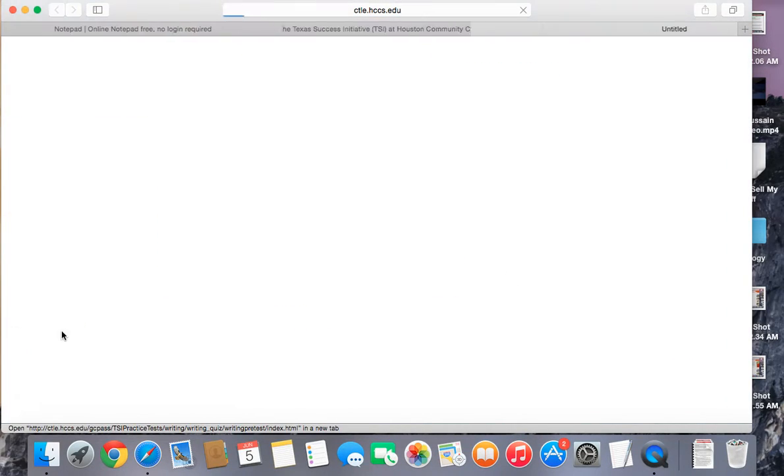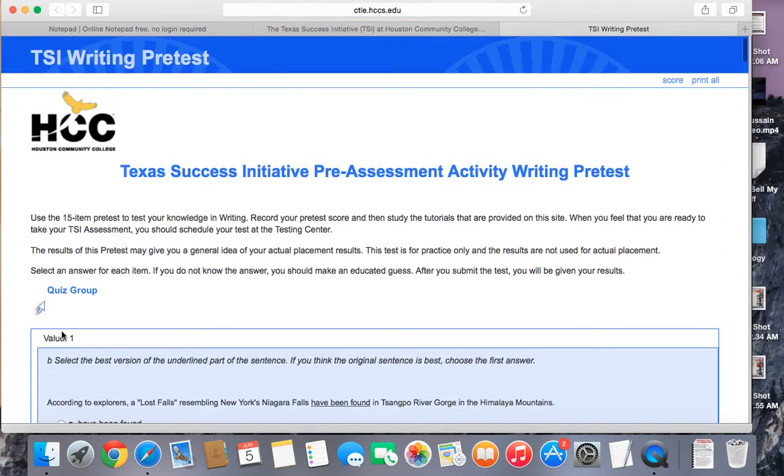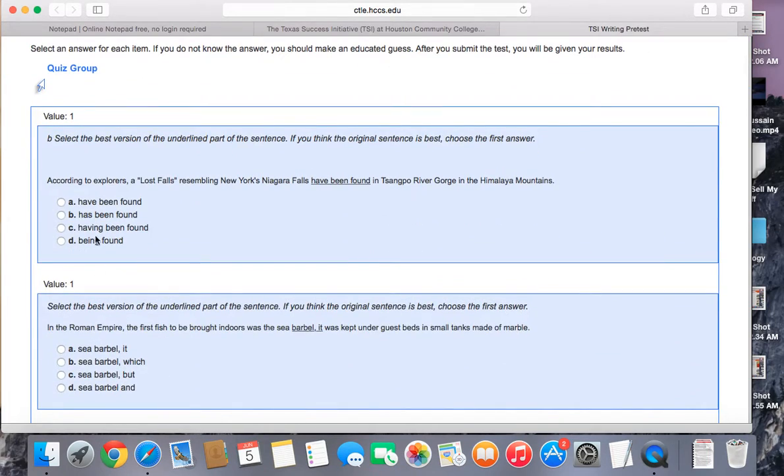Okay, this is a great website. I'm gonna tell you this, I've actually gone through this. Select the best version of the sentence. According to explorers, lost falls resembling the New York area falls have been found in